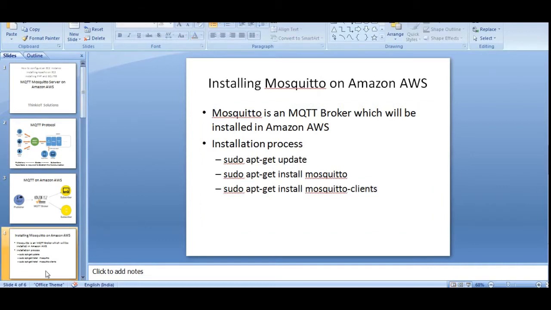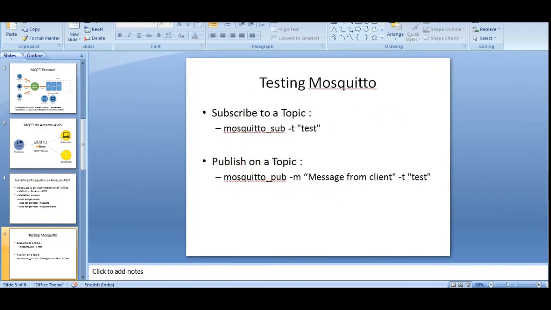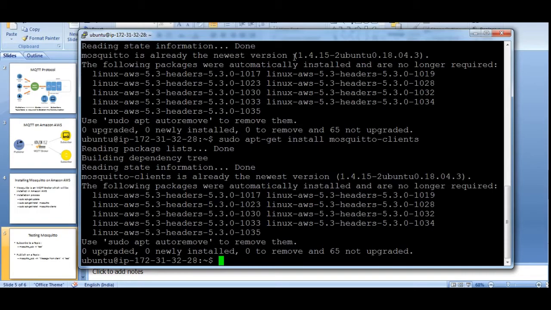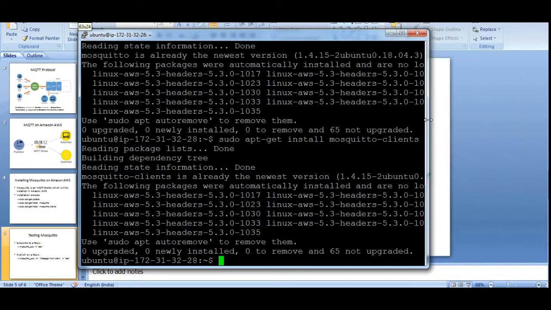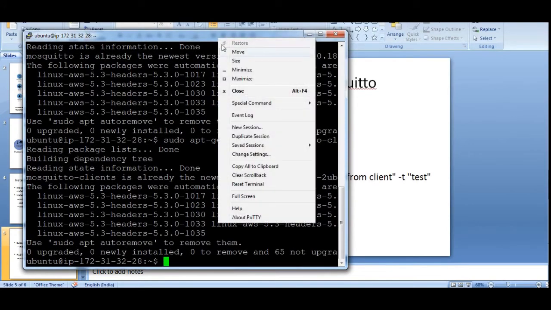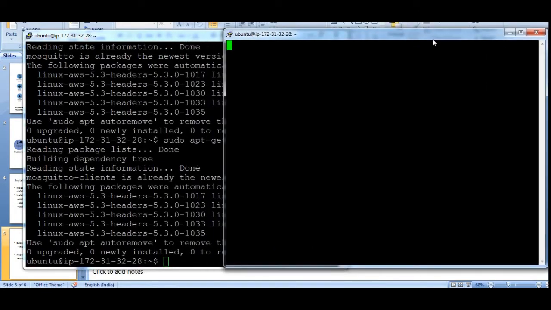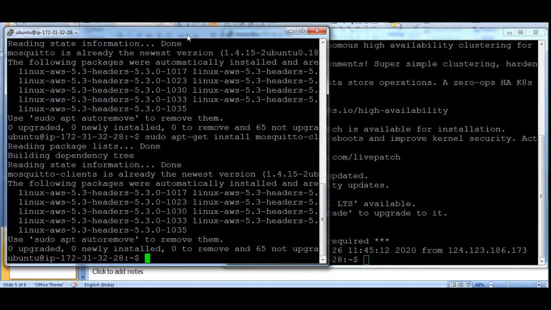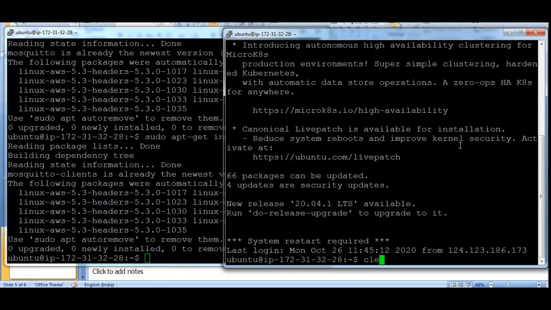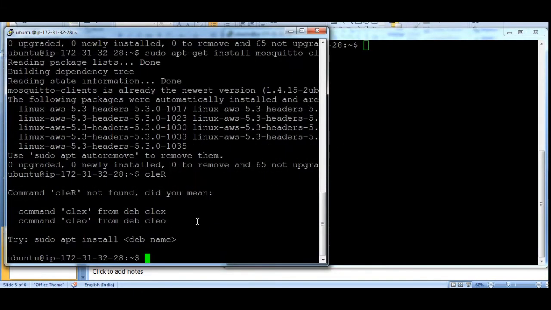Going ahead, now we'll see how to test our EC2 instance. As we have already one screen, I'll use a half window here, and then I'm going to duplicate this session because I want to send messages from one side and receive messages on the other window. So that's what we are going to do. I have two windows now, so I'll clear this window, and I'll clear this window as well.